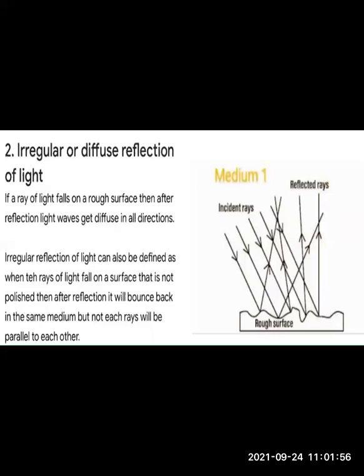In the next slide, we will see the picture of irregular or diffused reflection. Now here you can see the same scene where there is a mountain and there is a river. But here what is happening? Look at the surface of the river. The surface is not plain. Since the surface is not plain, you are not going to get a well distinct image on the surface of this river. So such an image would be called a diffused image, and such reflection would be called diffused reflection.